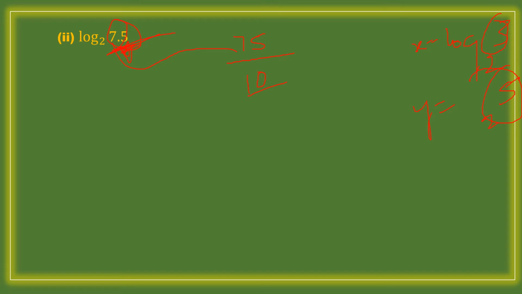So now I'll write this 7.5 as log 75 by 10 base 2. Now if you observe carefully, our x should be in 3 and our y should be in 5, right? In these two terms we should have. Here the last digit is 5 and here the last digit is 0, so these two we can divide, means we can cancel with 5, because as the last digits are 5 and 0 it is divisible by 5. So I'll cancel and write 5 15s and 5 2s. So this 7.5 is derived as 75 by 10, then it is converted to 15 by 2.